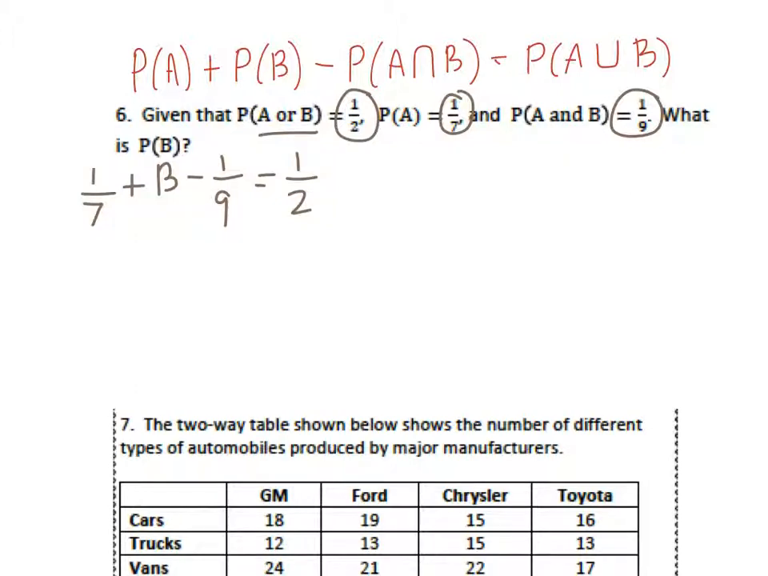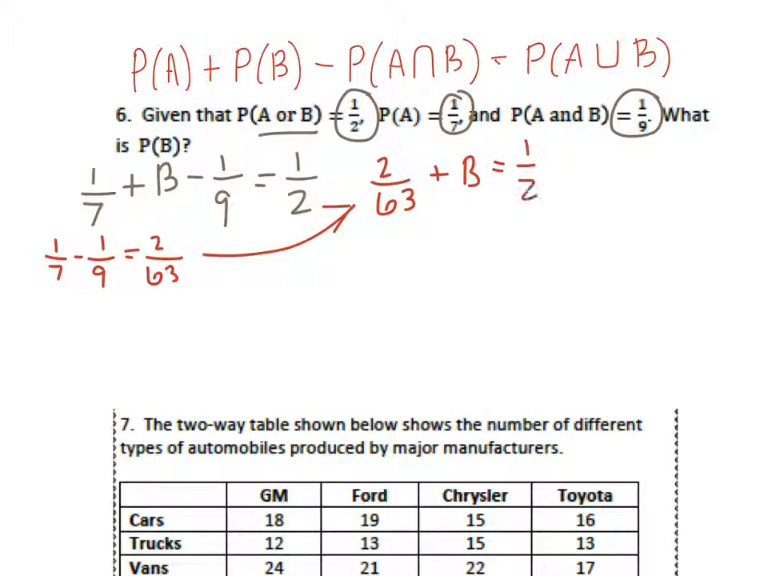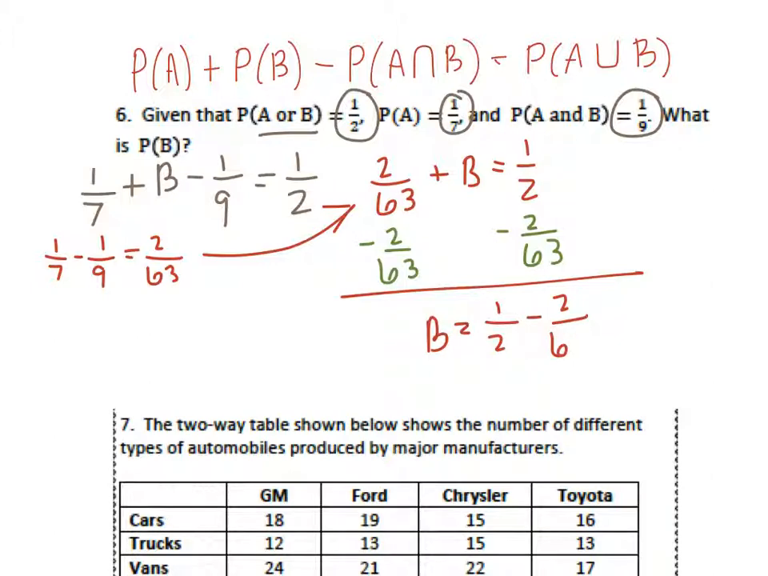Now when we do our math, you've got 1/7 minus 1/9, which is 2/63. So you've got 2/63 plus B equals 1/2. We're going to subtract 2/63 from both sides, and you end up with B equals 1/2 minus 2/63,